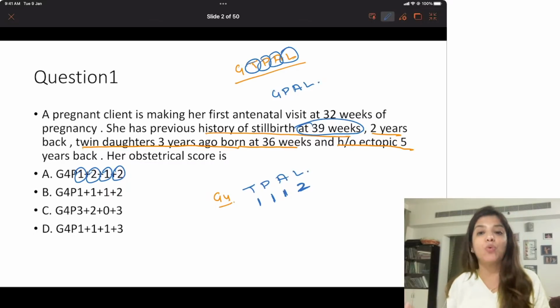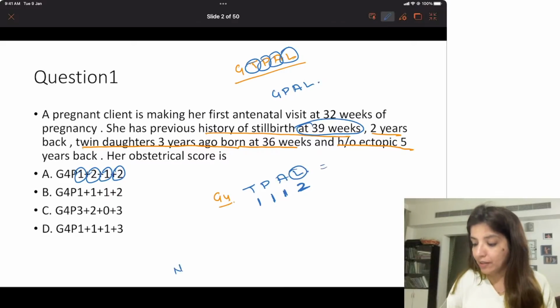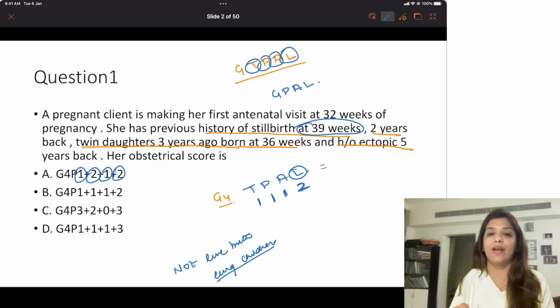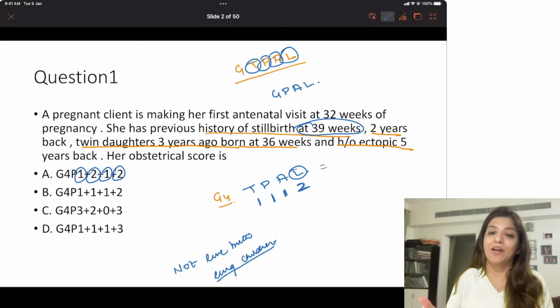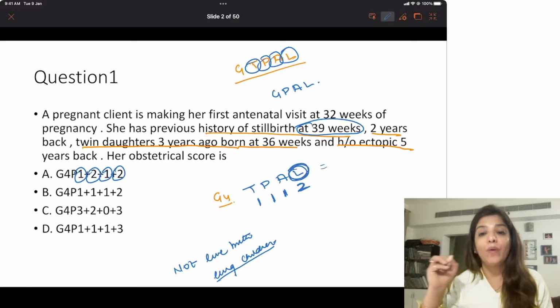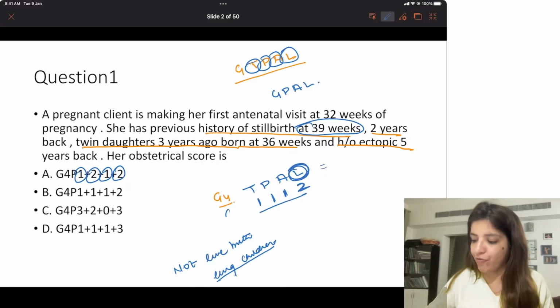Maybe you are confused because of this L. See, L is not live births. It is the number of living children at present. Stillbirth will not come in the number of living children at present, and it will not come in live births also. If she has twin daughters, the number of living children will be 2. It is only in L, when we are talking about the number of living children, that you count twins as 2. So this is G4